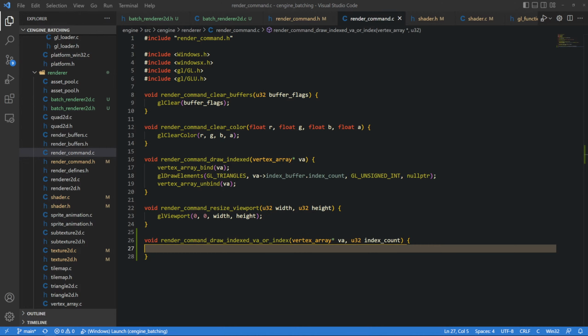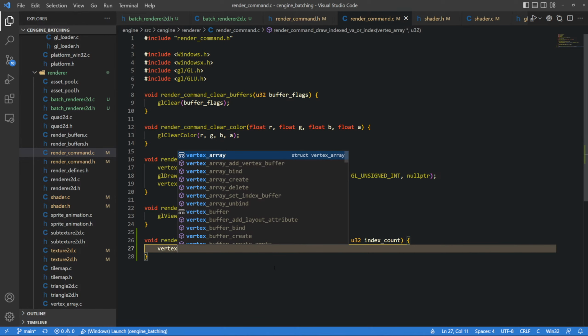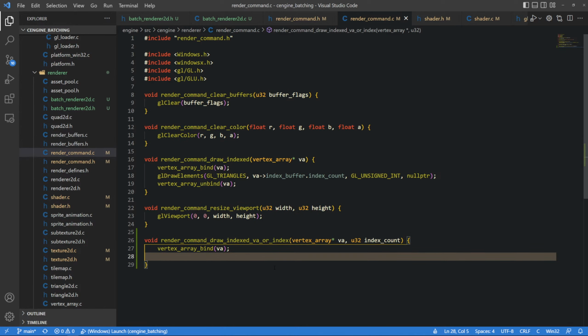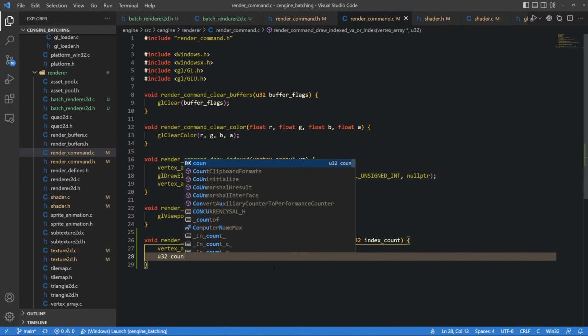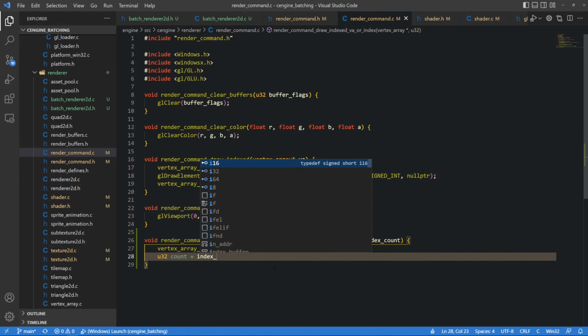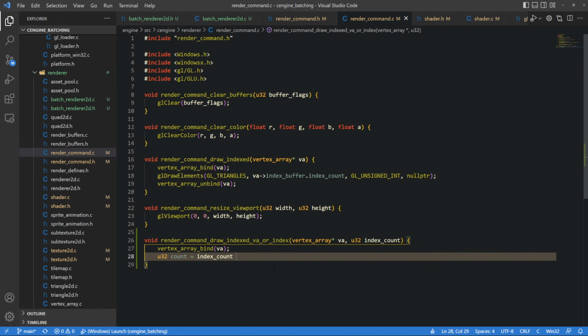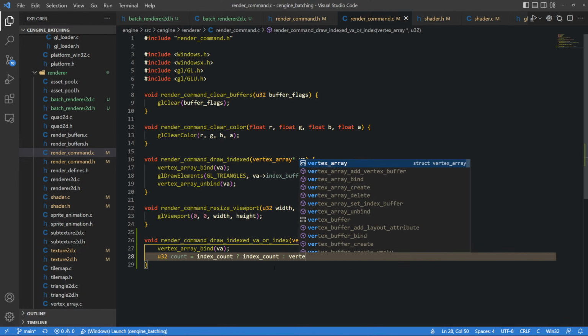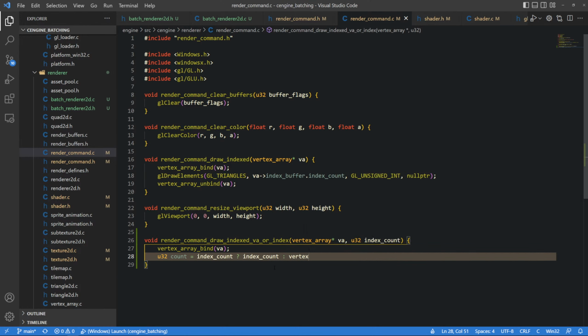Okay, and I assume we just do draw indexed. Now we bind the vertex array, so vertex array bind VA. And u32 count is equal to index count. So if index count not equals 0, then index count, and else vertex array or VA